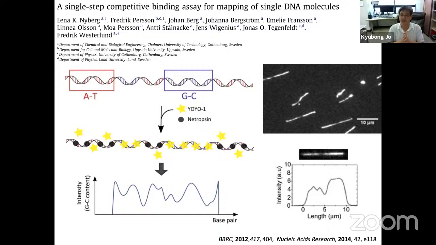But at the same time, we found a paper from a Swedish group, Westerlund, Fredrik Westerlund, and they used netropsin, which has AT specificity, and YOYO. Because netropsin occupies the AT-specific region, YOYO cannot bind the AT-specific region. That is the reason they generate patterns that have a sequence specificity, shown in this figure. Okay, and I thought maybe,